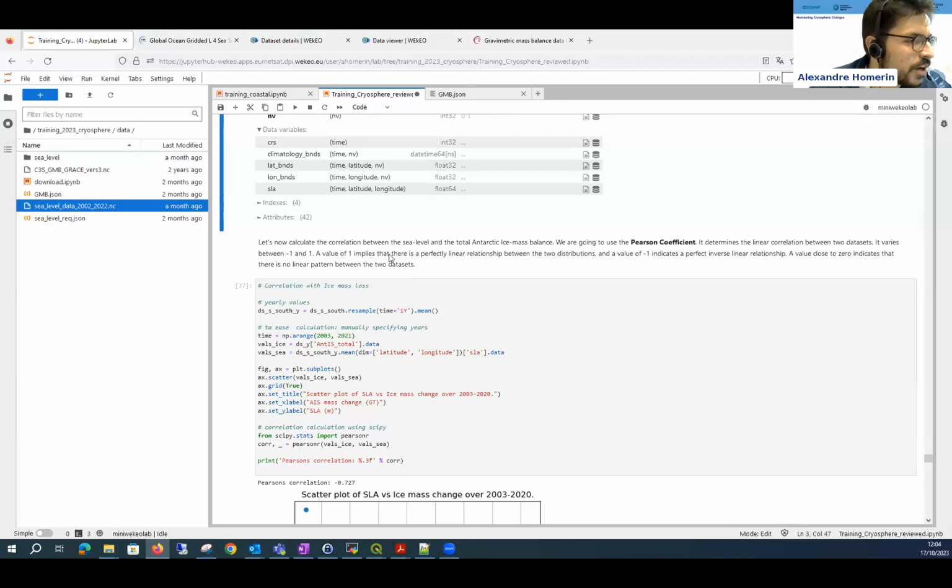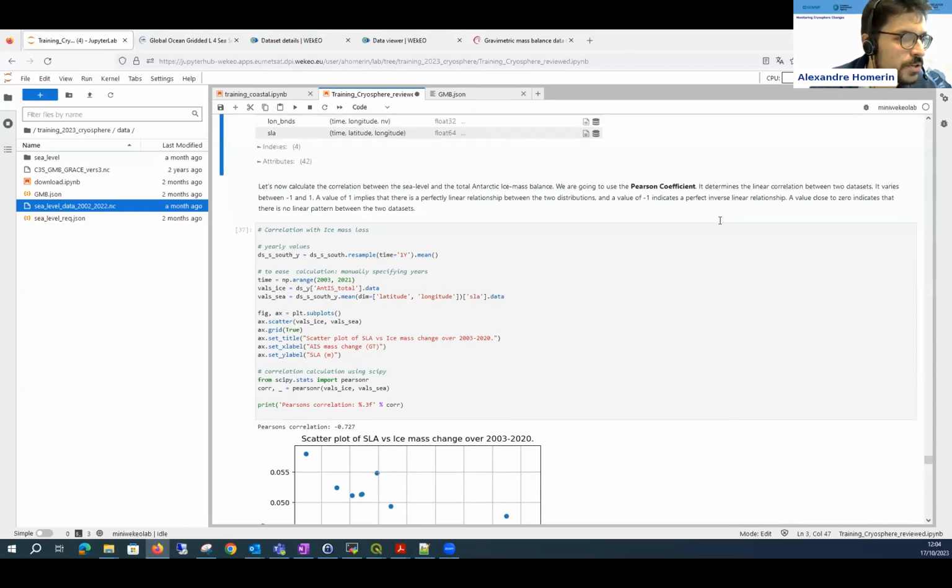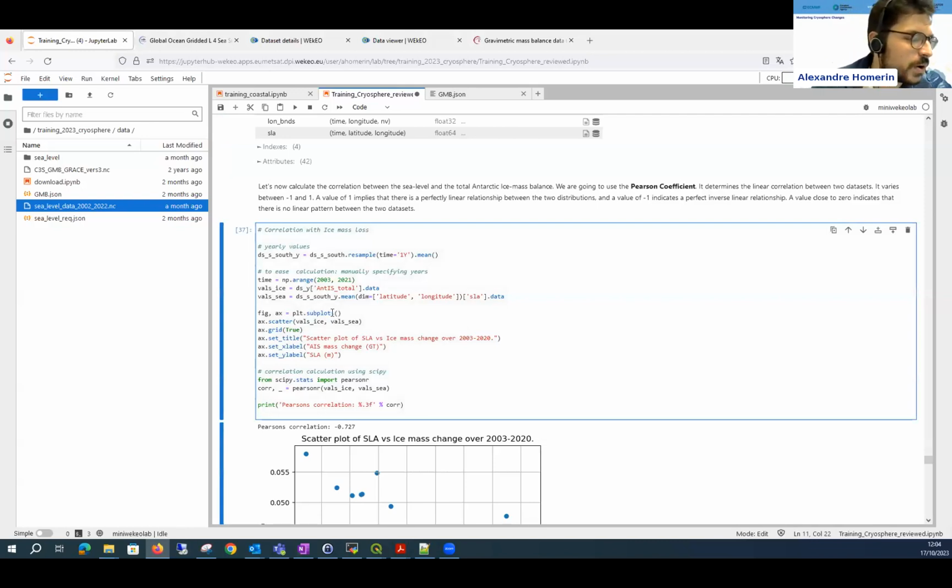To calculate the correlation, we're going to simply use the Pearson coefficient. It's a coefficient that measures the correlation between two datasets, and the coefficient goes from -1 to 1. A value of 1 implies that there is a perfect linear relationship, and a value of -1 means that there is an inverse linear relationship, and a value close to 0 indicates that there is no correlation at all. So we're going to use that first on the